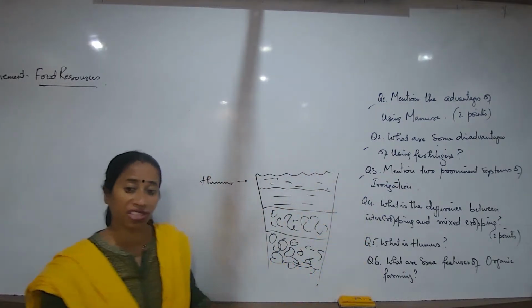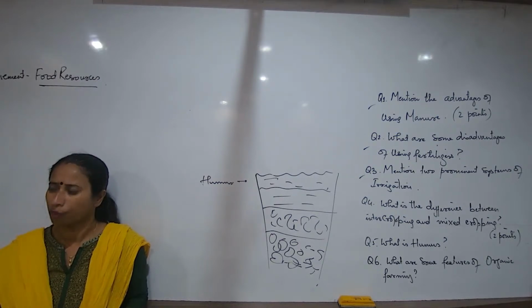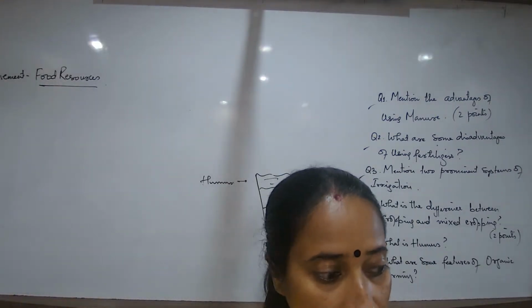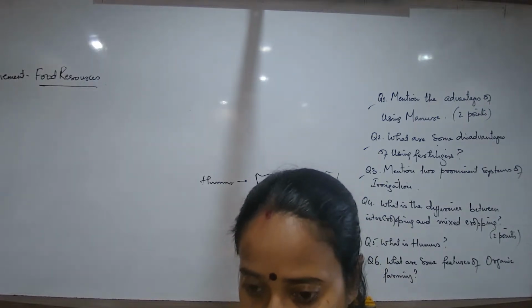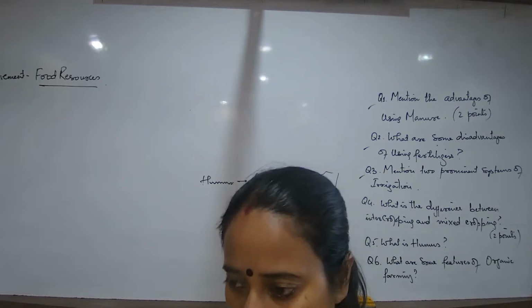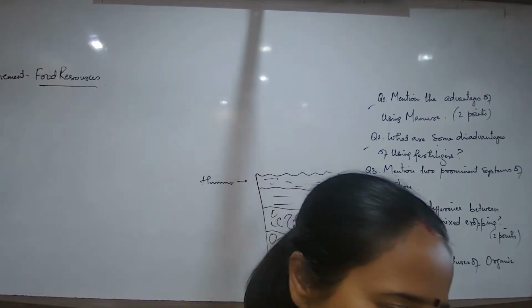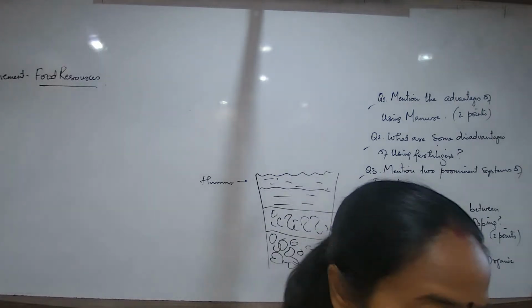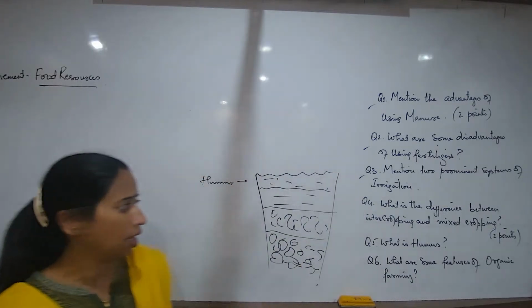Now all of you come to the third. Mention two prominent systems of irrigation. What are the systems of irrigation? Wells, canals, tanks, drip. The three most common ones, wells, drip irrigation and canals, are found almost in every part of the country wherever agriculture is there. River lift is only in certain regions. Canals and wells are very common.